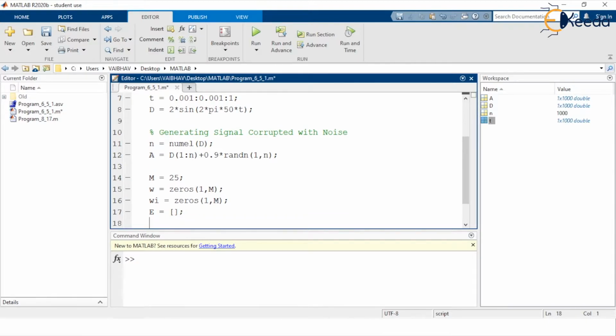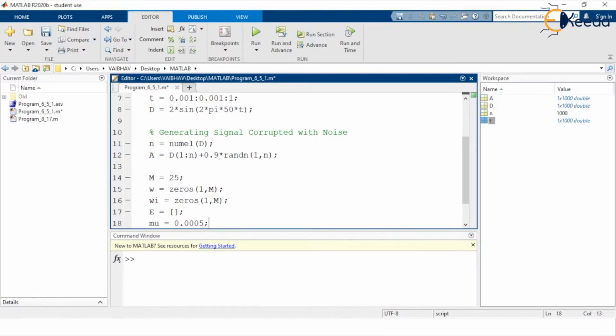And as we have seen, the update equation of the LMS algorithm has on the RHS, in the second term, one constant called mu, which represents the step size. For convergence purposes, we can keep the value of this step size very small, so we have 0.0005 as the value of mu here. So this is for convergence of the LMS algorithm.